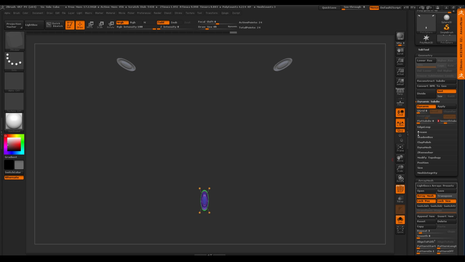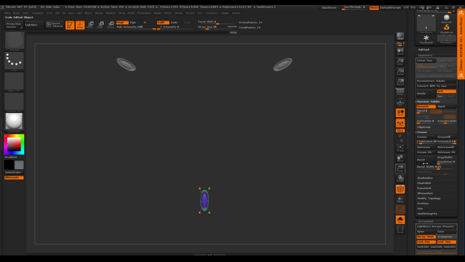So the next thing I want to do is throw a little crease on here. All right, I'm going to do a Crease All. So now I'm looking at the exact same thing as before I even did the Dynamic Subdiv. But what I always use whenever I'm going to do something hard surface within ZBrush, and you're going to see me constantly using this, is I like to change this little crease level slider here as well.